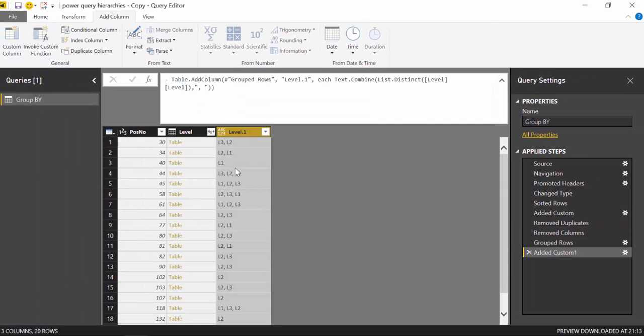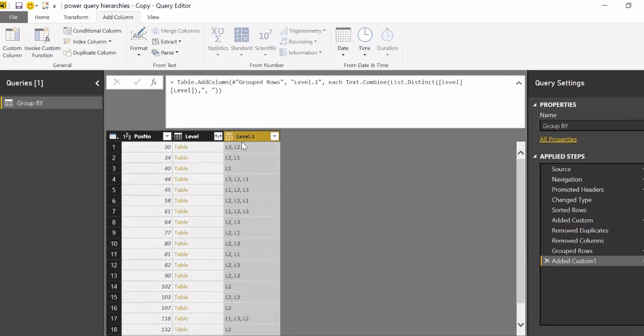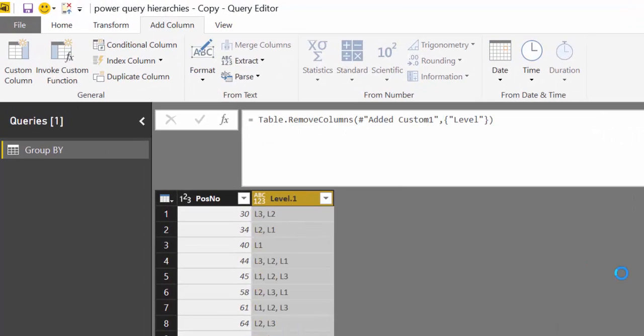And this is exactly what we wanted, right? So you will remove that, we don't want it anymore. We know now that position number 30 has level 2 and level 3, position 34, level 1, level 2, and so on and so forth. And that we have for all the position numbers on our table, which is fantastic, because what we can do